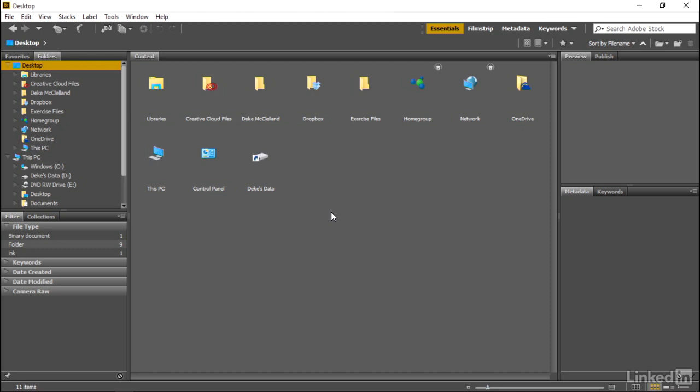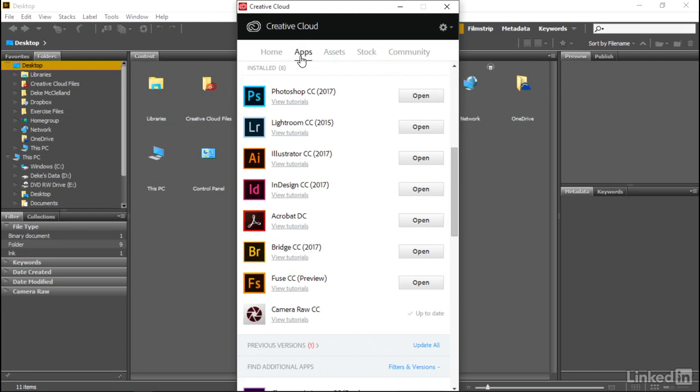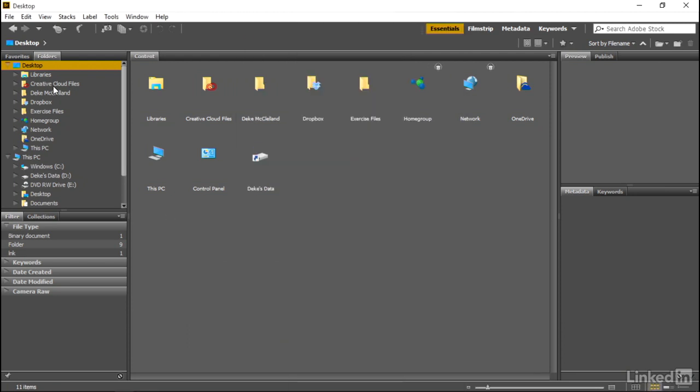So if for some reason it's not coming up, then you would want to go to your Creative Cloud application, switch to the Apps option up here at the top of the screen, and then make sure in addition to Photoshop, you've installed Bridge. All right, I'll go ahead and switch back to Bridge. Now, the great thing about this application is it does allow you to browse your folders visually. And so, for example, I'll go ahead and click on the Folders tab in the top left corner of the window,